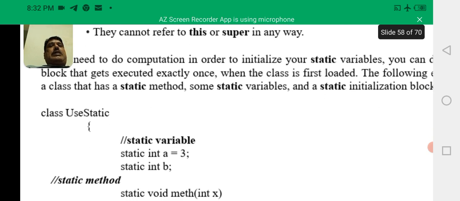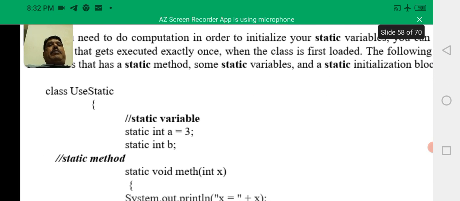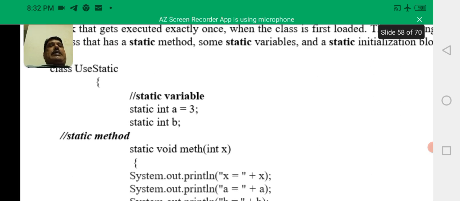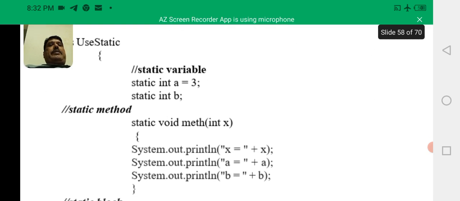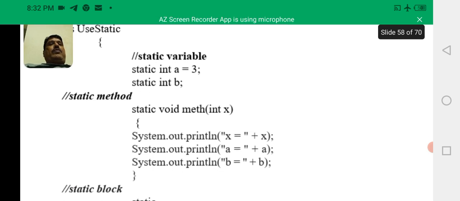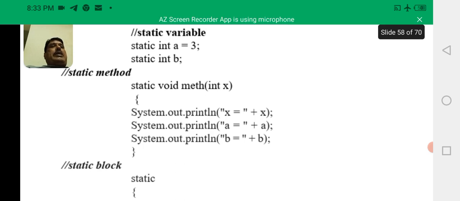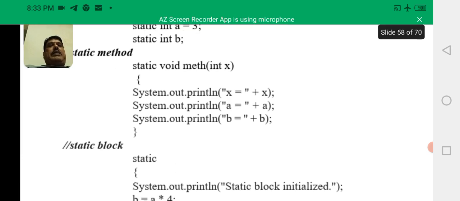Let us consider a program that demonstrates the static keyword. Class Use, static int a equal to 3, static int b, static method, static void meth int x, System.out.println x equal to plus x, System.out.println a equal to a, System.out.println b equal to plus b.